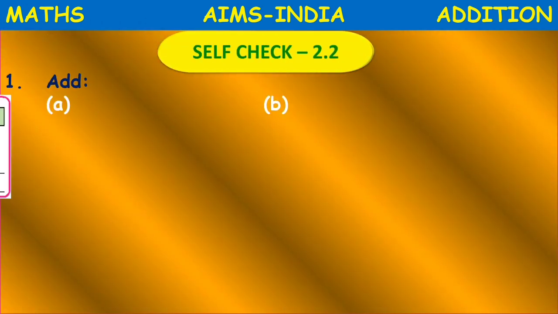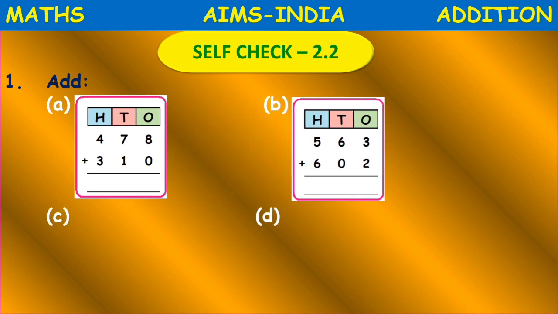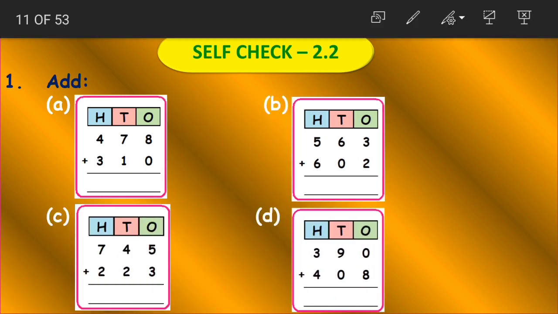Now these are certain questions here. Okay children, here we are having 4 questions for your homework. You try solving this, okay? I'll solve A for you, question A. You try solving B, C and D. Okay, I'll tell you the answers tomorrow so that you can check whether you got the right answer or not.